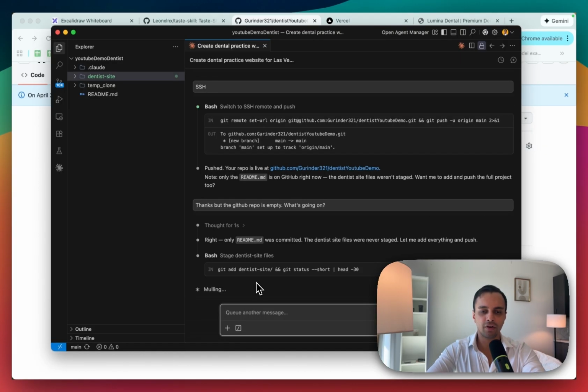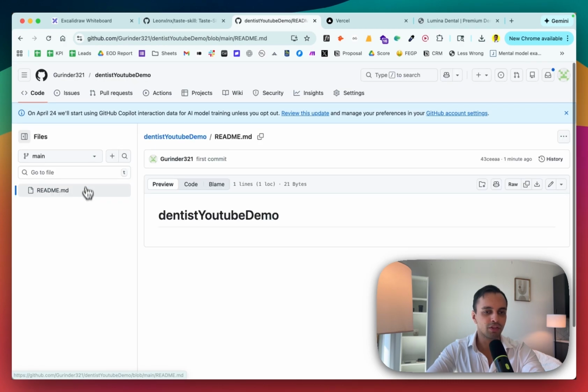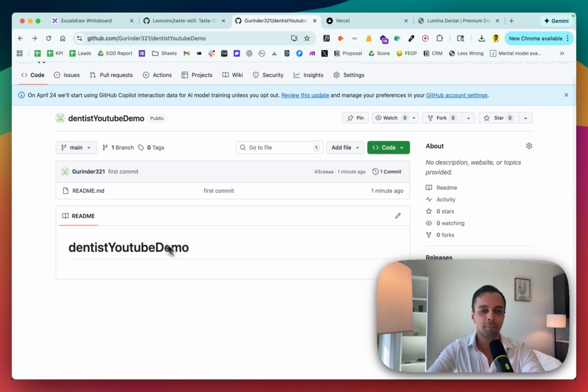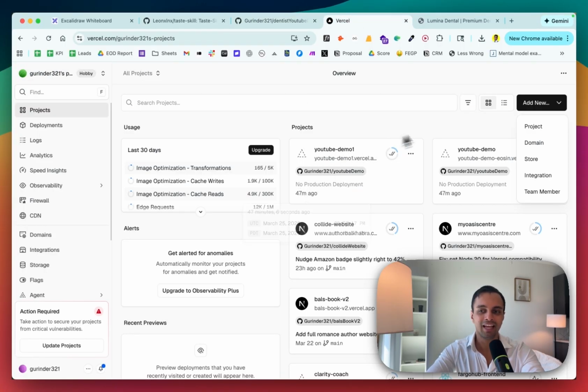And that's going to think, okay, right, only the README, look at that. Only the README file was committed. That's exactly right. Only the README file was committed. But I want the entire code on here so I can push it onto Vercel, which again is our server,